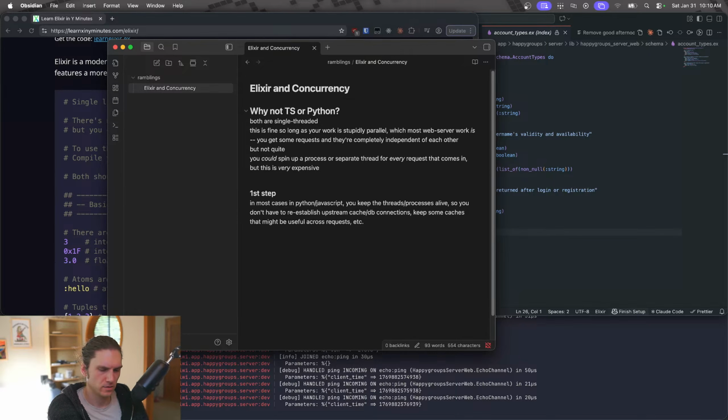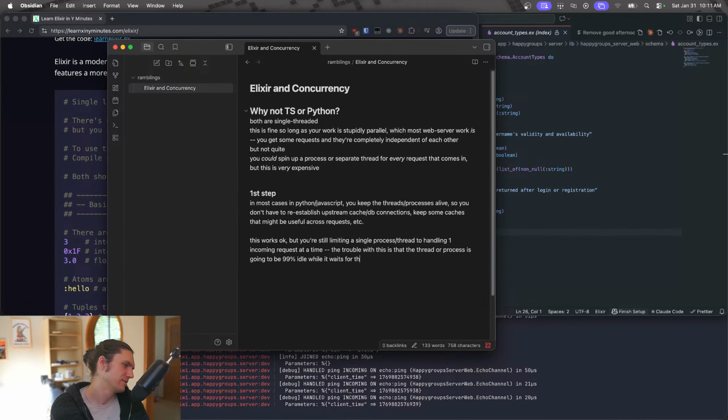And that works okay. But you're still limiting a single process thread to handling one incoming request at a time. The trouble with this is that the thread or process is going to be 99% idle while it waits for the DB to come back